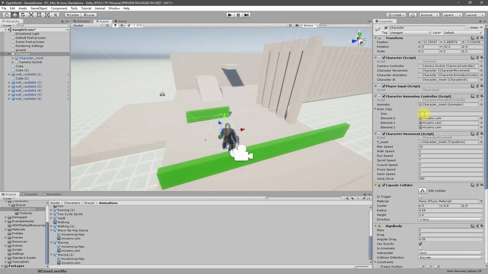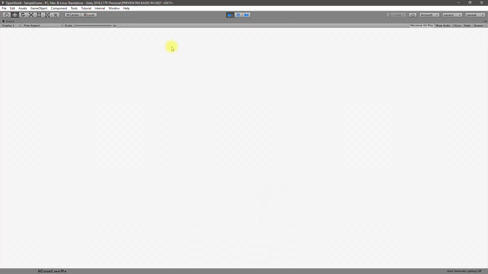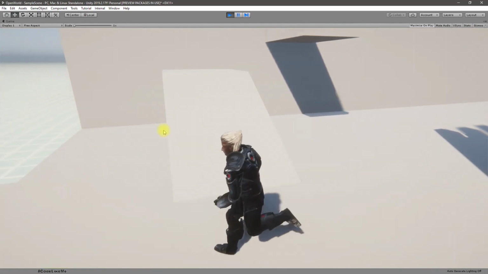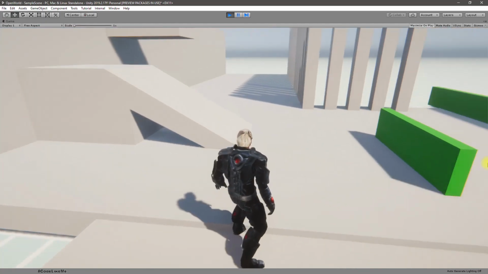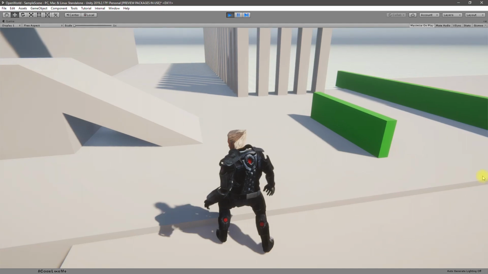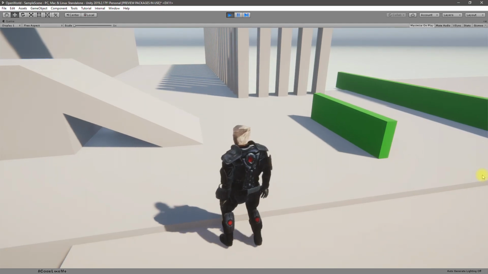I play randomly one of these clips which I haven't included in the animator controller, but still my animator controller is working. See, it's still working, and yet I can play those random animations without placing them in the animator controller state